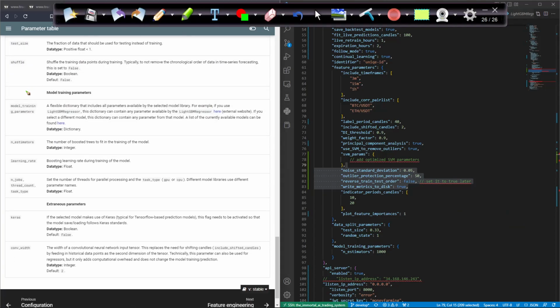What we have here is model training parameters. A flexible dictionary that includes all parameters available by the selected model library. For example, if you use LightGBM regressor, this dictionary can contain any parameter available by the LightGBM regressor. If you select a different model, this dictionary can contain any parameter from that model. A list of the currently available models can be found here. So as earlier we looked at CatBoost,